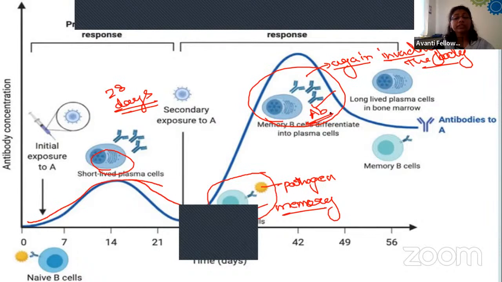These are the proteins responsible for circulating in our blood, and they are specific to a particular protein. As we are going to study in later slides, each and every antibody is specific to a particular antigen or protein. We'll discuss it later in detail. So these antibodies, whenever they encounter a pathogen, they will